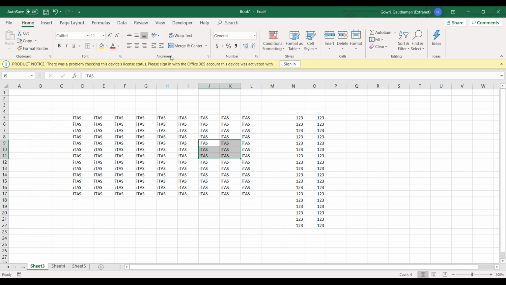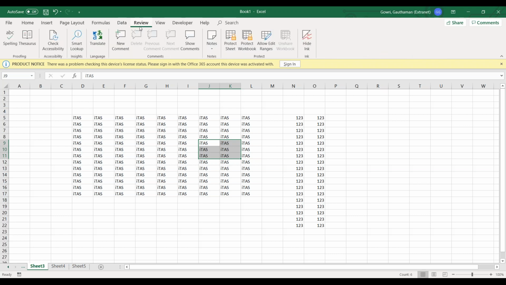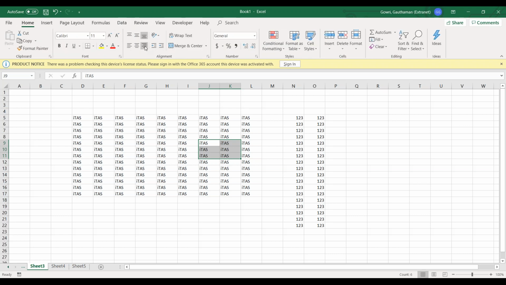All these are group names, and in each group you can see a set of commands placed, and these commands are grouped in such a way that they perform similar tasks. So if you see the alignment group, all these commands are used only for alignment within the cell. Likewise, you can see such groups in every tab that you have. Now if I want to place a command that I frequently use in the quick access toolbar,